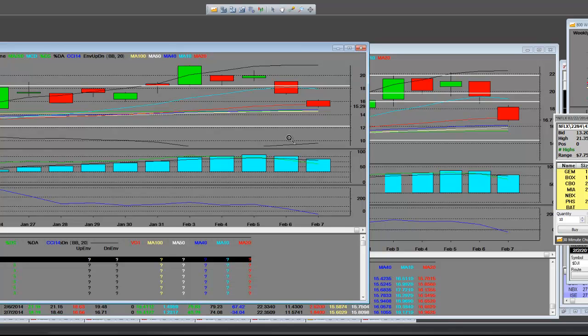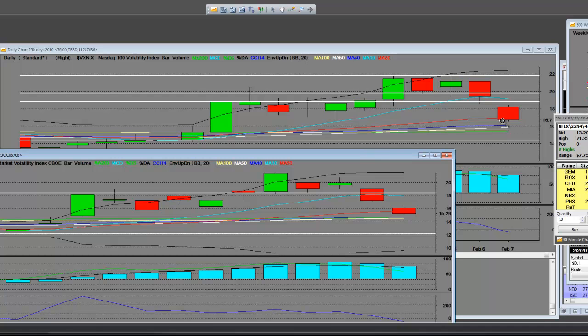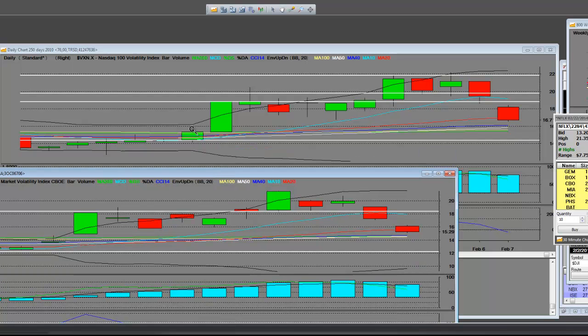And one thing about market bottoms and or market tops is that the fear indicators are a gauge along with many other opportunities. The month of February is completely oversold in the market. For 3 days, markets went up and the fear indicators went down. They peaked. Then day 1, day 2, you had a big move down in both of them. So here's the ultimate support level above all the moving averages on the volatility index. You can see where that fear was in the month of January. And then you can see it consolidated and another round of fear came in. That's on the Nasdaq 100 Volatility Index.